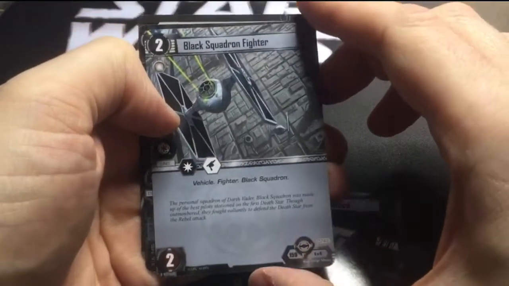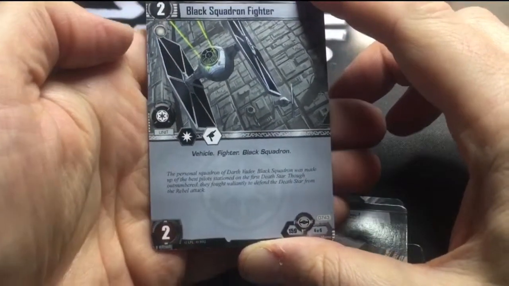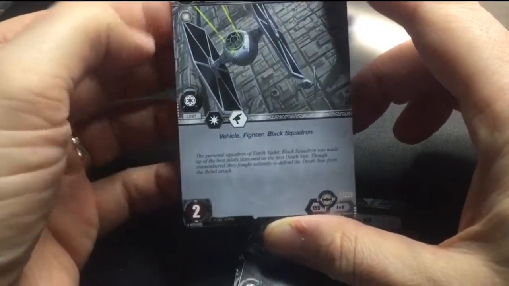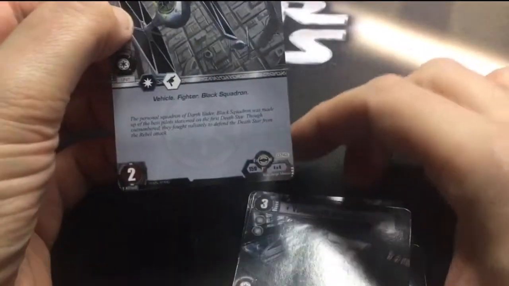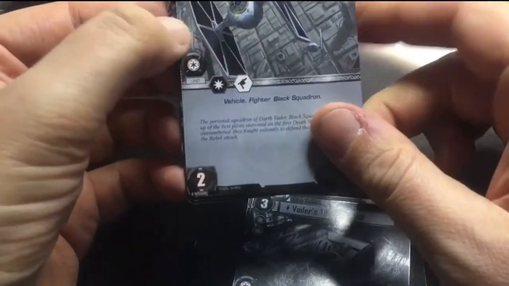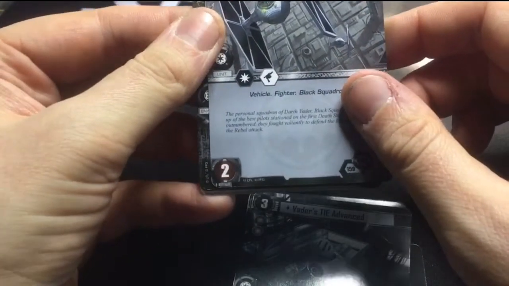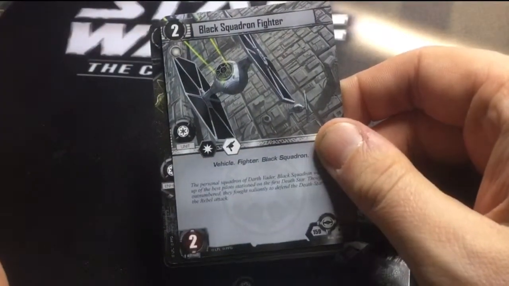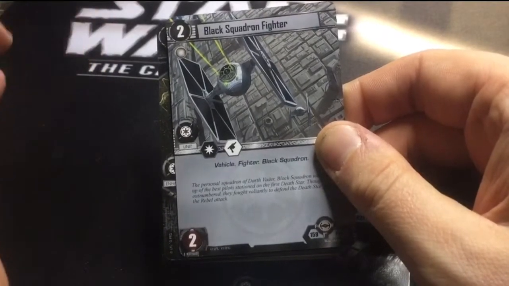Right, next is a Black Squadron Fighter. Generic, 2 cost, 2 health, TIE Fighter, a black bomb, a white gun, and vehicle fighter Black Squadron. Once again, like I say with the Black Squadron mechanic, you can pop more TIE fighters out. So this is another cheap unit that I don't mind playing out when I've got a lot of defensive control units, because I usually used to include this in like a Civ control deck,